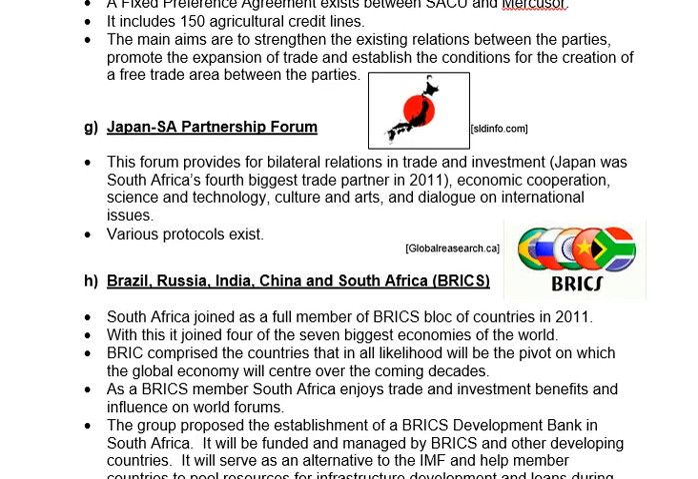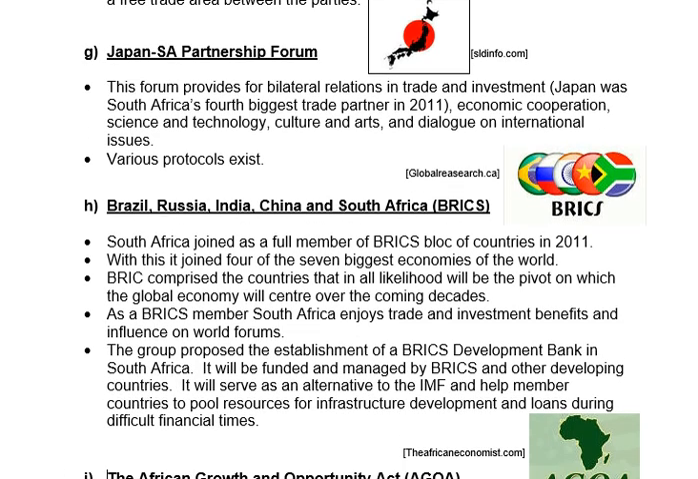Then the Japan-SA Partnership Forum, okay, that provides bilateral relations in trade and investments. Okay, bilateral means that there's 2 countries that is involved. So this is a protocol where it's literally just between us and Japan. Okay, so South Africa as a country, not part of SACU, right? So Japan in 2011 was South Africa's 4th biggest trading partner. All right, I'm just going to quickly Google for you to see where we are now. All right, obviously as one of our main trading partners, we trade with Japan obviously a lot. Okay, at the moment,